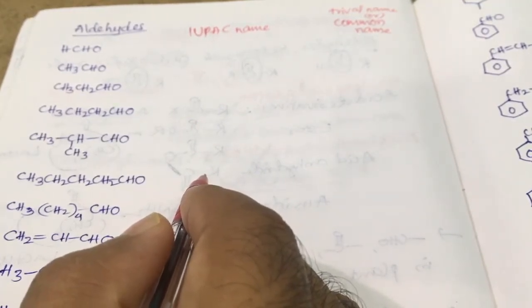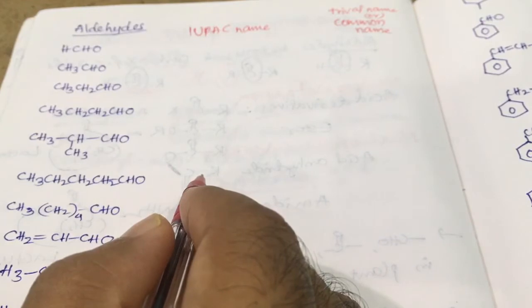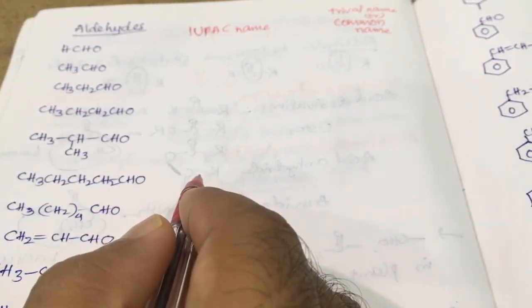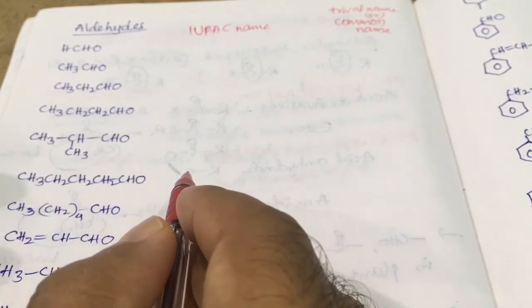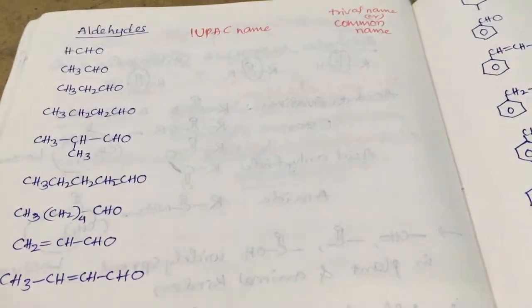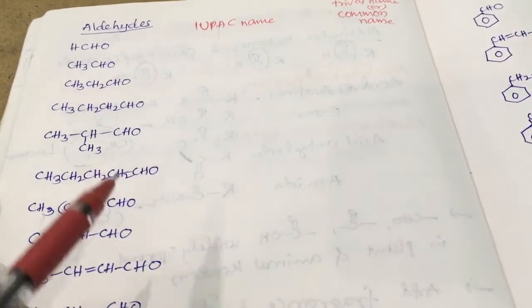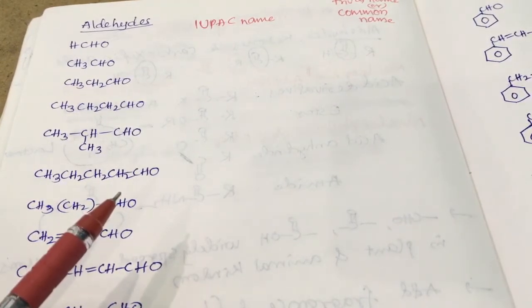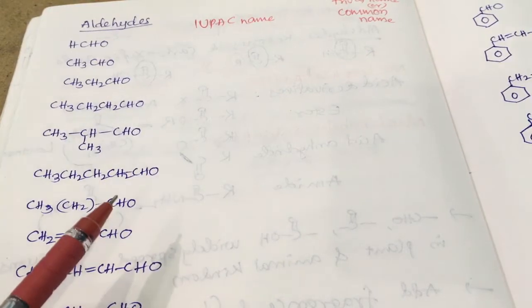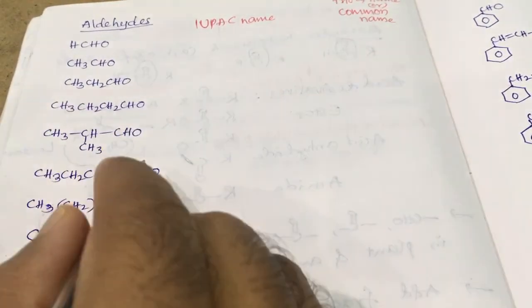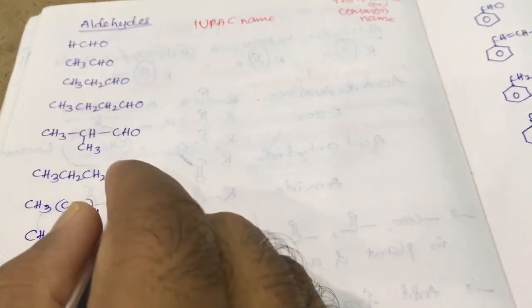Sometimes the substituent positions in aldehydes and ketones are denoted with alpha, beta. In ketones, alpha alpha dash, beta beta dash. When it comes, we will discuss with an example also. Okay. Now in aldehydes, the substituent position we have to remember with alpha, beta, gamma positions. It is in the common name. In the IUPAC name we have to give the numbers 1, 2, 3.